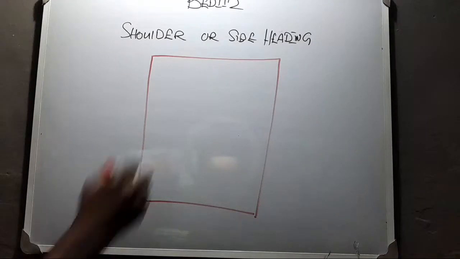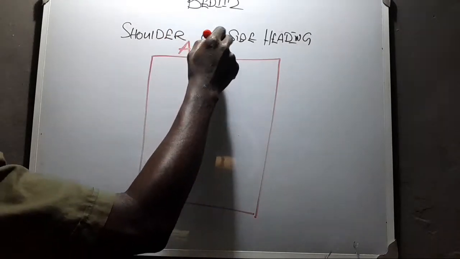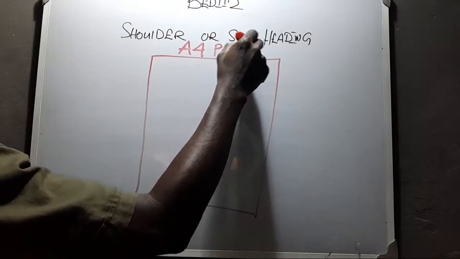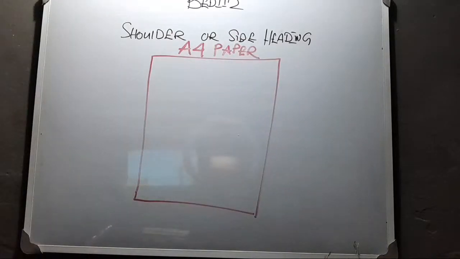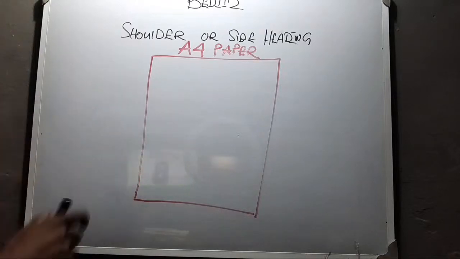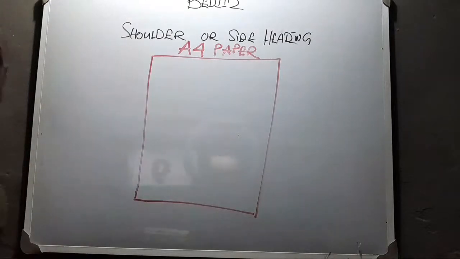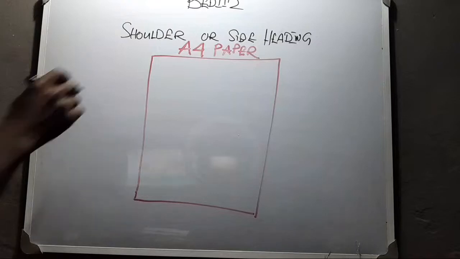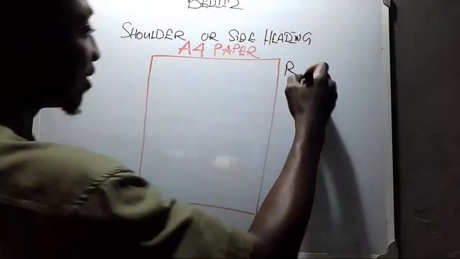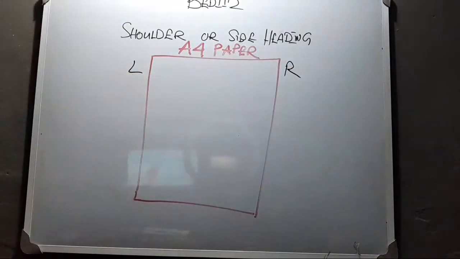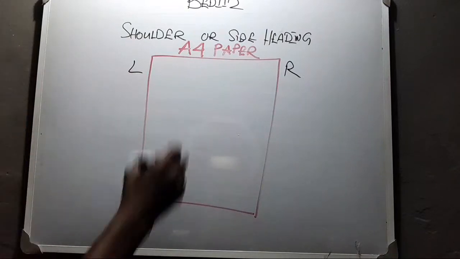So now if you're writing your CV and you want to use the shoulder or the side heading, you are expected to have your heading at the left hand end of the first line of the paragraph. Now, my address is